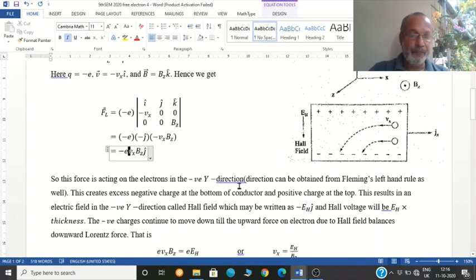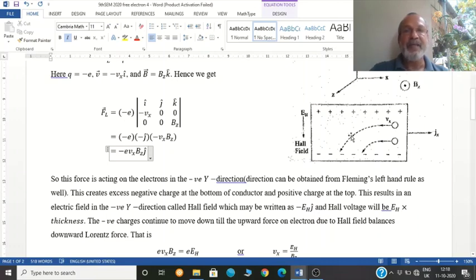So finally you get the same expression with a negative sign here. But in this case, positive charges are moving in the downward direction, because force is in the downward direction because of this negative sign. So positive charge will be deposited on the downside and negative charge will be on the upper side, and an electric field will be from downward to upward direction, or Hall voltage is reversed. So by determining the sign of the Hall voltage, we can find whether the positive charges are moving or negative charges are moving inside a conductor.